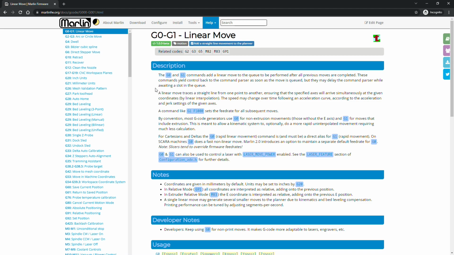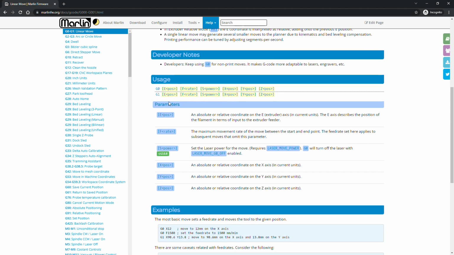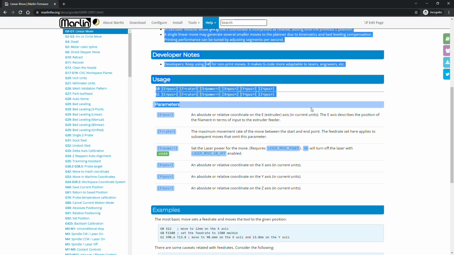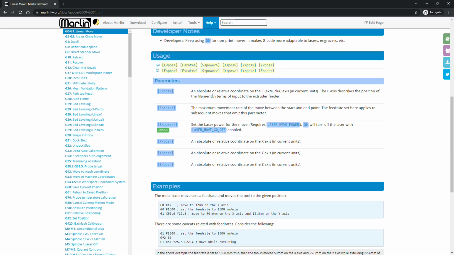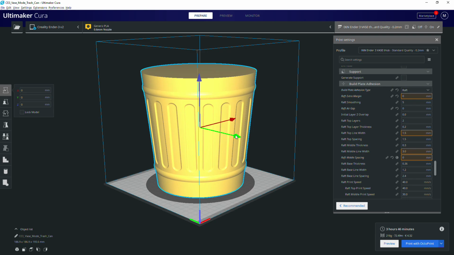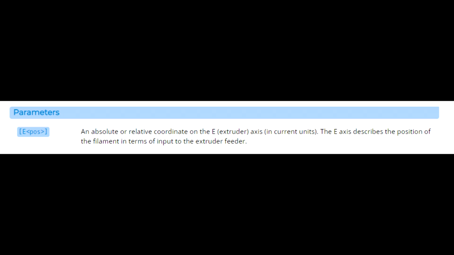G1 means move while extrude, and the parameters this command accepts are straightforward too. You can supply any number of the parameters, so you can just supply X, Y, and Z coordinates, or just one of them, and you can supply an extruder position. The X, Y, and Z are the same coordinates that you're used to in the slicer, and the extruder is just an incremental value that relates to the millimeters of filament at the rollers of the extruder, at least if it's calibrated properly. There are some intricacies here, like absolute or relative mode, but that is beyond the scope of this chapter and probably a whole video of itself, and I'll probably do it in the future.